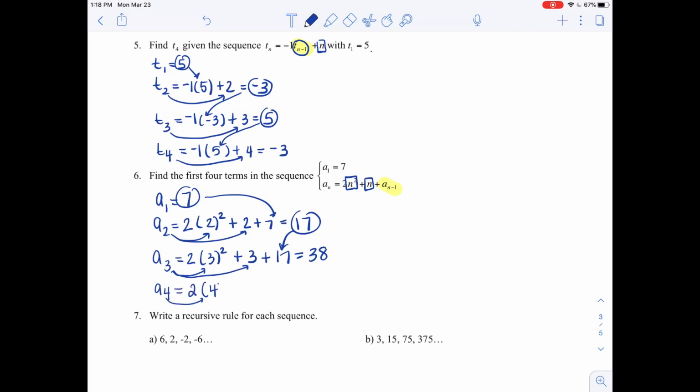And finally, my fourth term, it's 2 times whatever term I'm up to squared plus whatever term I'm up to plus my previous term. And you can see that this works out to be 74. So the first 4 terms are 7, 17, 38, 74, and unfortunately you will not find an arithmetic or geometric pattern that connects them. Your only way of writing